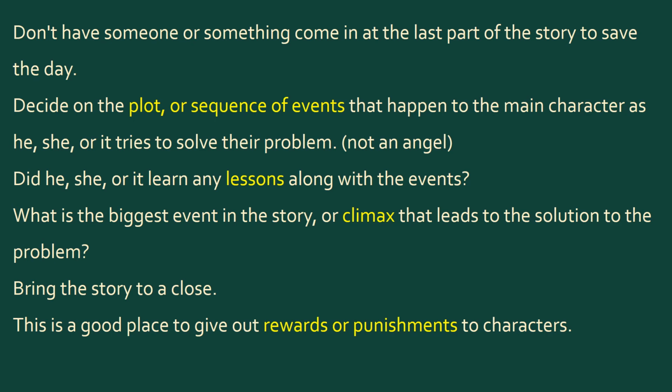Don't let someone or something come in the last part of your story to save the day. 即係唔好加入某人或者某件事，即係突然間喺故事最後有一部分入嚟力挽狂瀾啦。Decide on a plot or sequence of events that happen to the main character as he, she, or it tries to solve the problem. 咁就不宜加入一啲神仙、一啲萬能嘅人物，就將所有嘢搞掂晒啦。Did he, she, or it learn any lessons along with the events? 咁佢哋有冇一啲教訓或者一啲理論係可以帶走嘅呢？